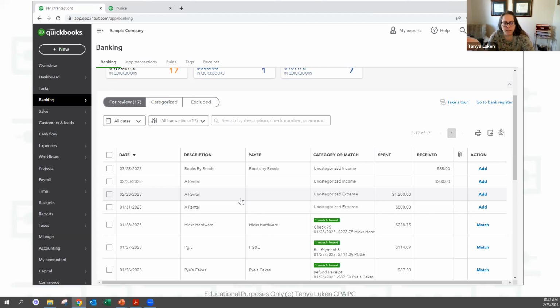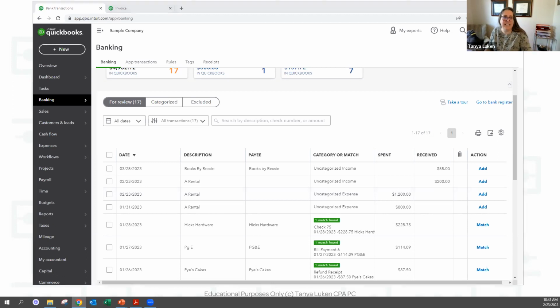Think about Google and all the things you could buy from Google: Gmail, cloud storage, apps. You can set rules that say, if it's for G Suite and it says suite in there, then that's dues and subscriptions. But if it's for Google storage, then it goes to computer and internet expense, for example. Okay.